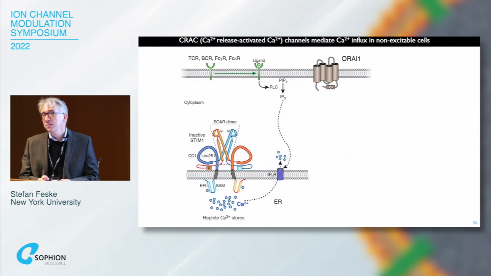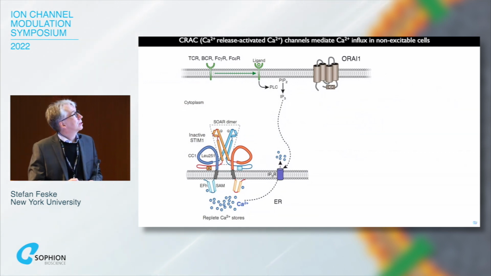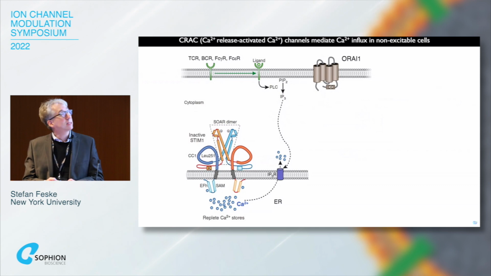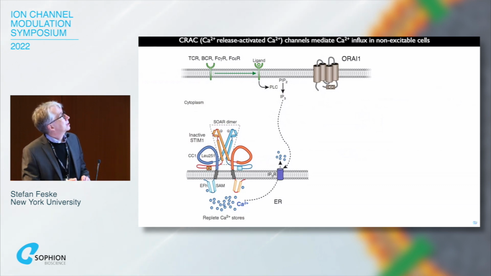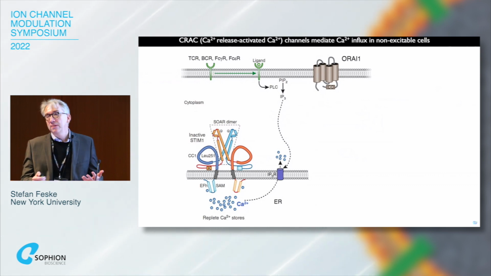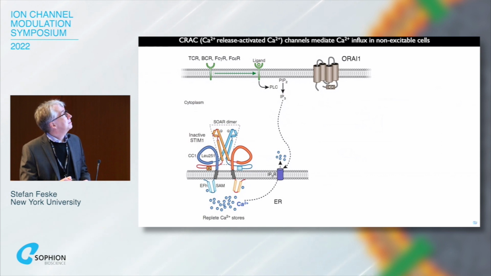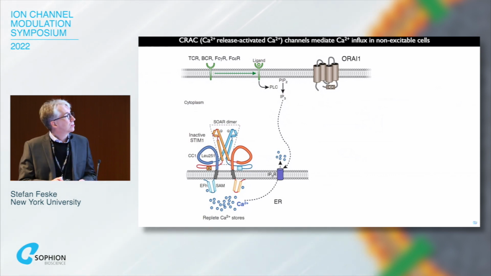It's the main calcium influx pathway in non-excitable cells and also in some excitable cells. Obviously, there are other calcium channels too, but we think that this is a really important one. This gets stimulated downstream of the engagement of immunoreceptors like the T-cell receptor, but also G-protein coupled receptors and others. What they have in common is the production of IP3, which then releases calcium from ER calcium stores through IP3